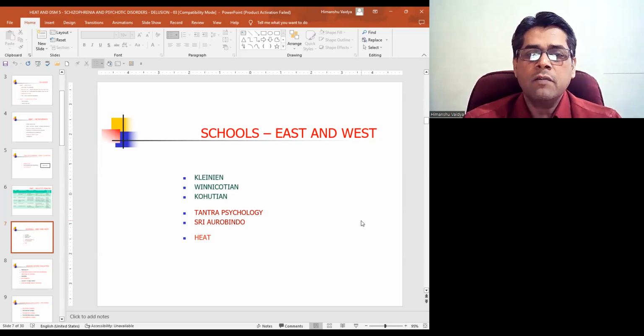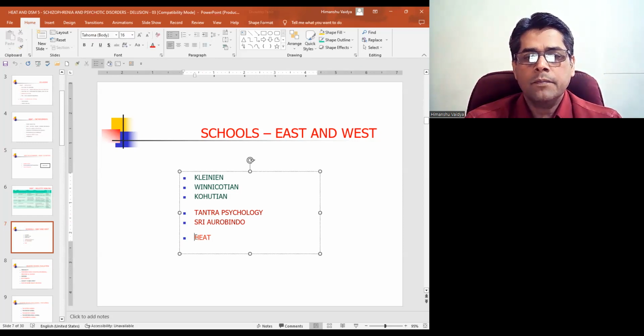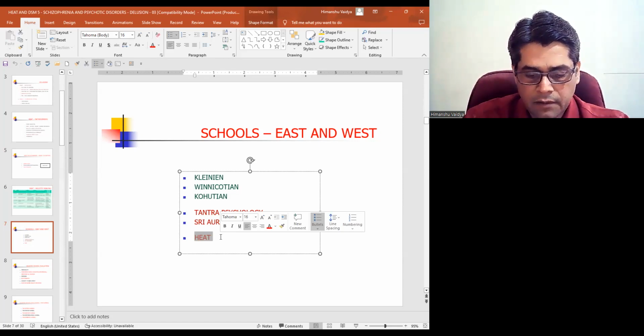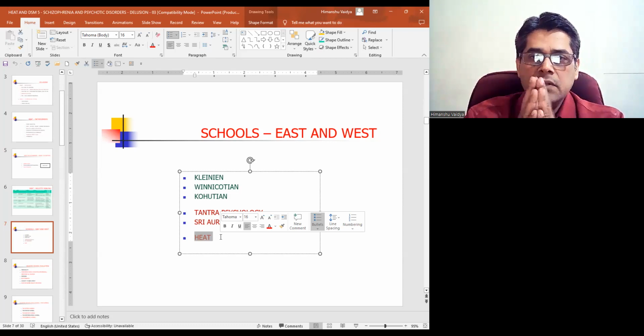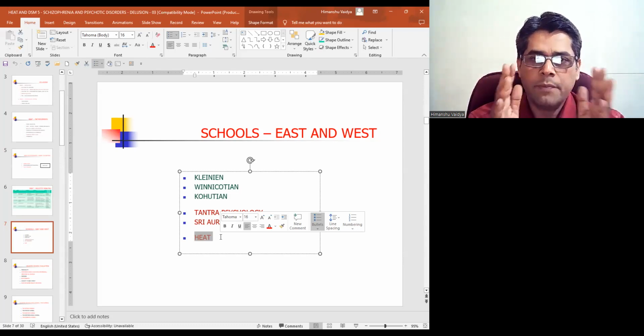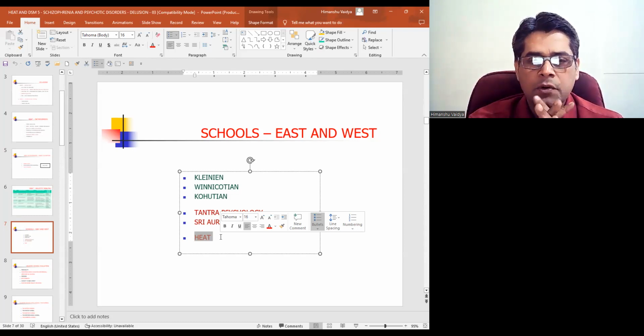And from the heat point of view also, we can look at the pathology in terms of how the mind is functioning in this psychopathological context. Is it coming through the collective unconscious? Is it just from the personal unconscious? Is it coming from the open spaces in the collective or the personal unconscious? How is it coming? Where is it coming from? How is the delusion created in the first place? So we can look at it from that point of view.